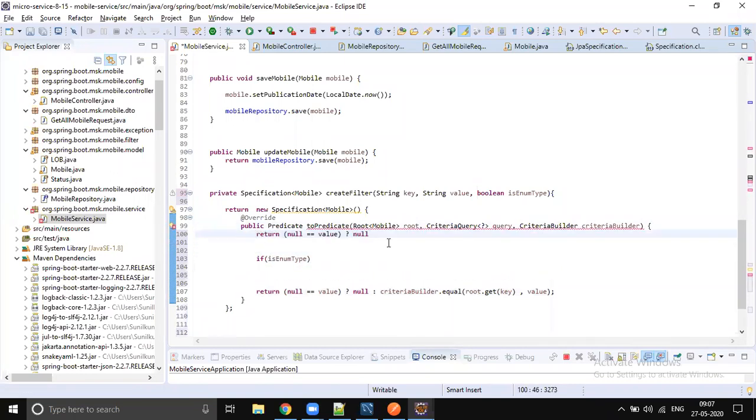Anyway, if the value is null, we don't do anything, so it's a blind return null, right? So if value is null, then let's return null. Good. If value is not null, then do the criteria build, get key and value, fine. If it is enum type, then convert into enum, right? We should get what enum type it is, so let's get a generic enum.